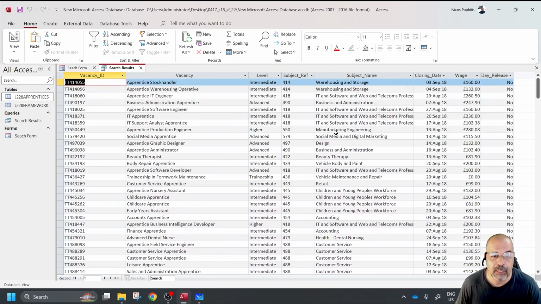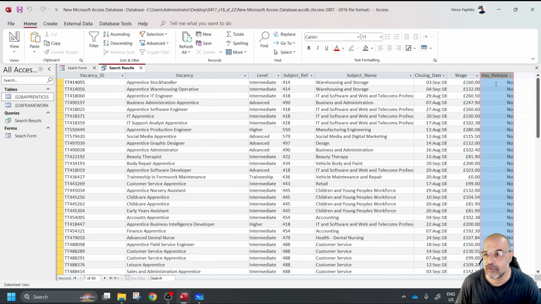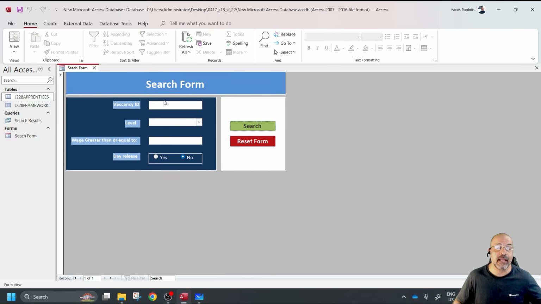If I click on no here and do a search, all of these ones are where the day release is no. Okay, so that's a fantastic way to search for records. Really easy. Again, resetting the form. Now, the other good thing about this method is if you do not include a particular field, for example, if